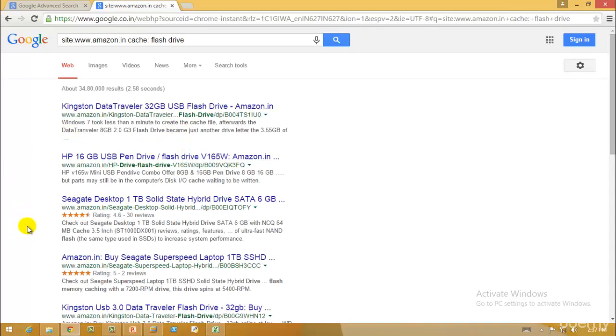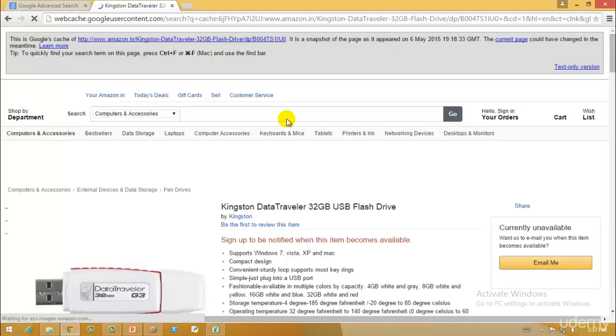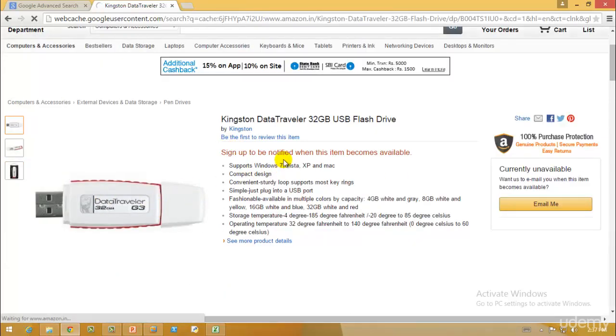As you can see, we have everything starting with the site Amazon, and we have the cached page. If I check the cached web page, and if the Amazon website is not clear in keeping the cache memories, then what may happen, for example, is that Amazon has this 3G data traveler, let's say on 30th of December, as any specific